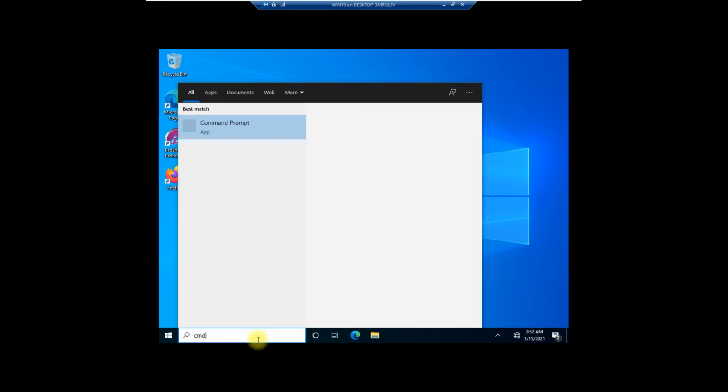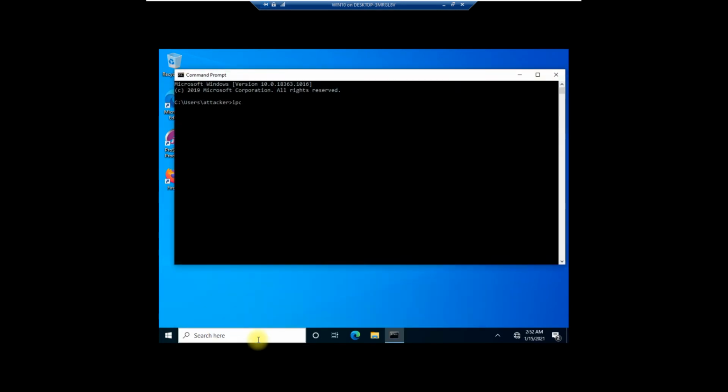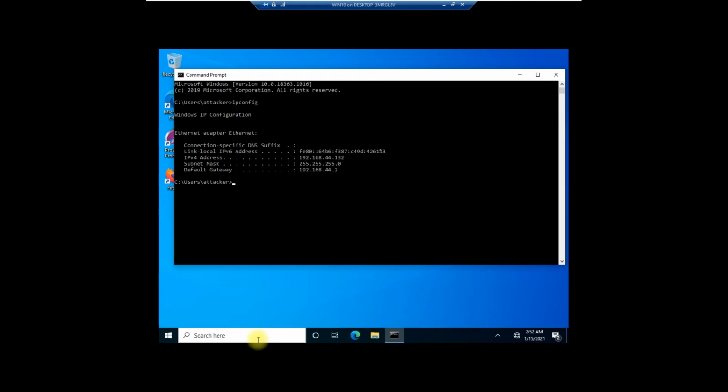So 132 is the IP address I have already defined as a static IP address. After the installation, it is possible you get a dynamic IP address. Make sure whatever IP address you get, you make it static. To make it static, you have to go to the adapter and set the same IP address as a static one forever. Put the IP address in manually.